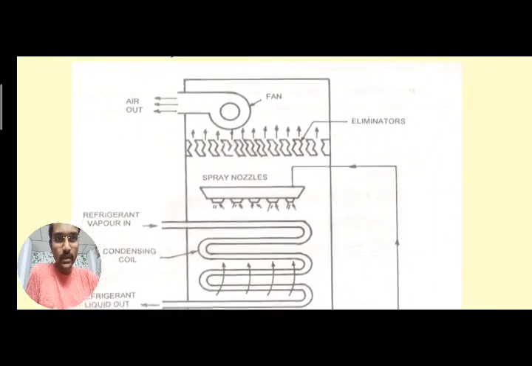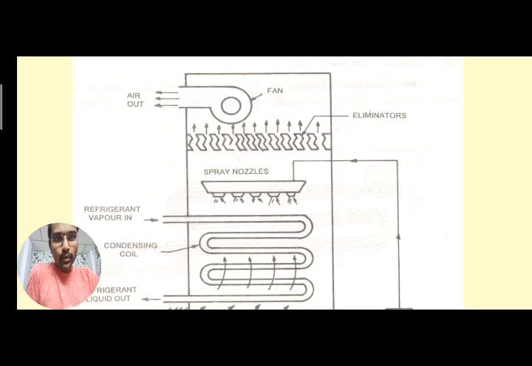And if you observe further, above the spray nozzle we are providing eliminators here. The use of eliminators is this: whenever air makes contact with the hot water, that air takes the heat from the hot water formed around the tubes, and now the water is getting cooled. A small quantity of moisture is present in the air, so it is taken by the air and moves upwards. Whenever it is moving, some eliminators are provided here